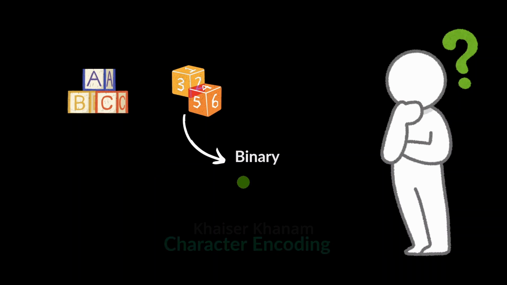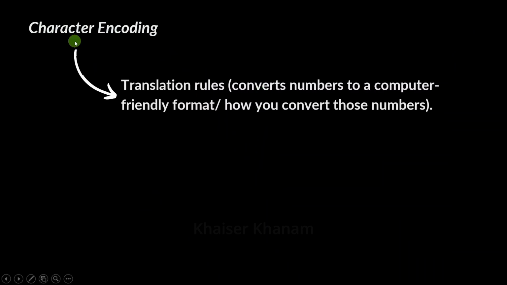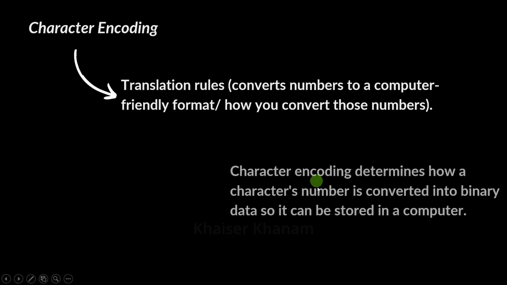So to understand the complete thing, let us move to the third topic, that is character encoding. Just think of character encoding as translation rules. Using this character encoding, it will tell how to convert those numbers to a computer friendly format. For each and every character, we have numbers. So using this character encoding, we will know how to convert those numbers. Character encoding determines how a character's number is converted into binary data so it can be stored in a